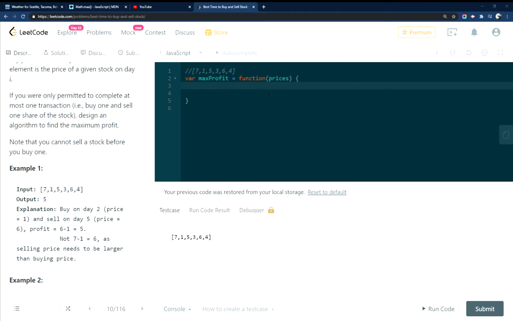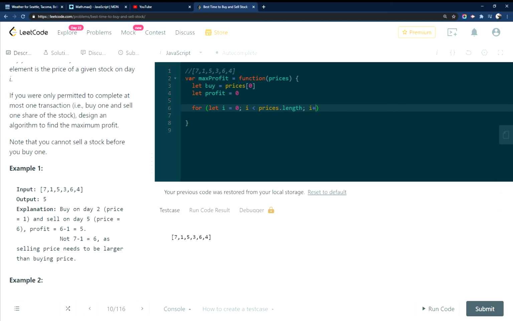So to walk through this, I'll write out some code. We're going to start using this, that's my input array there. We'll set an initial variable called buy to the first element of the array. And then we're going to set profit to 0, just to keep track of the profit. And then we will loop through the whole array. So let's go for let i equals 0, i is less than prices.length,